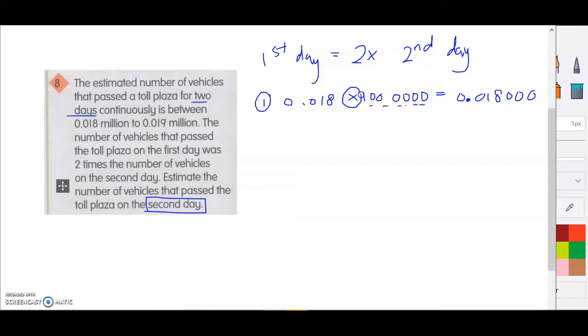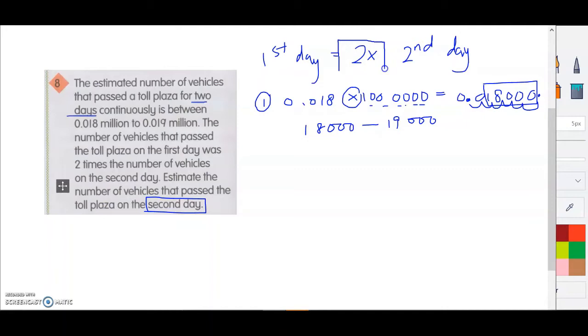When we times, we move to the right, so the numbers get bigger. 1, 2, 3, 4, 5, 6 over here. So now the number is 18,000. So the number of vehicles that pass the toll plaza is between 18,000 to 19,000. Okay, first day